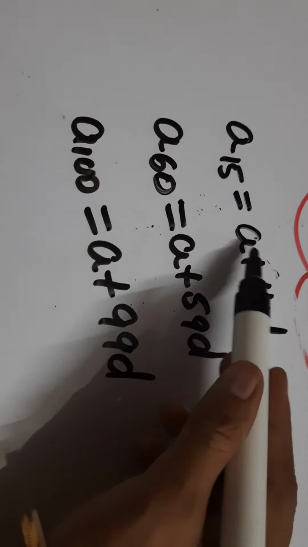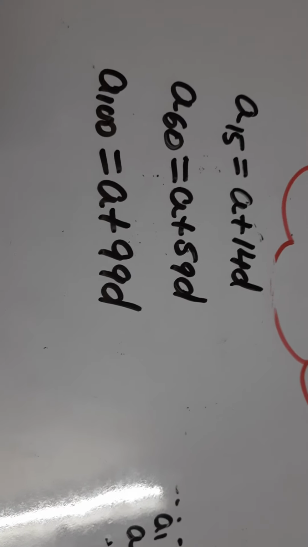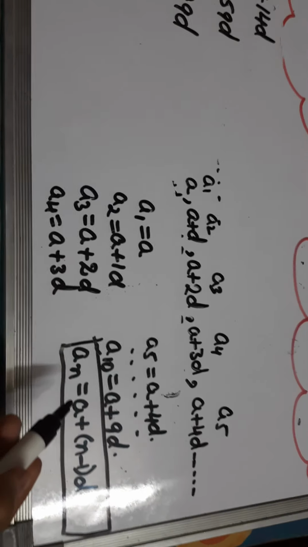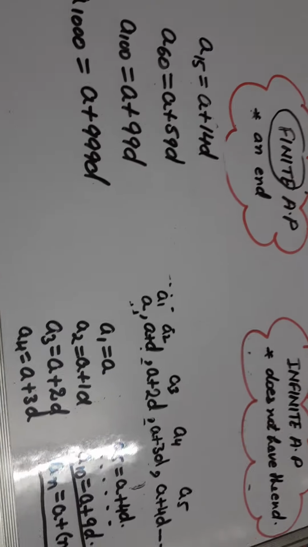So as you can see, a is constant, means its coefficient is 1 in every term. In every term the coefficient of a is 1, but what is the coefficient of d? One less than the number given. So right? Note down this formula in your notebook, and these are the formulas. Now in this way, if I ask you the formula for the 1000th term, what do you get? a plus 1000 minus 1 means 999d. So in this way, dear students, you can write any of the formulas.